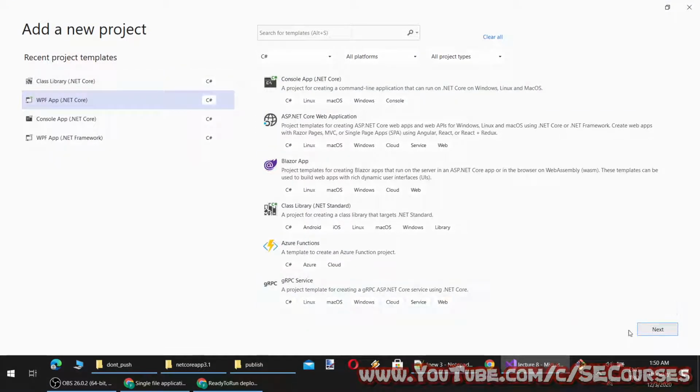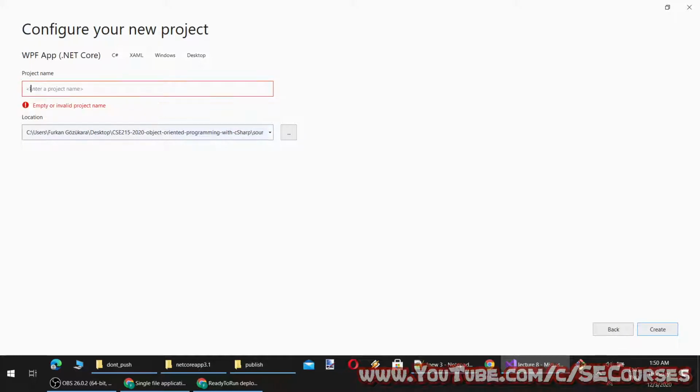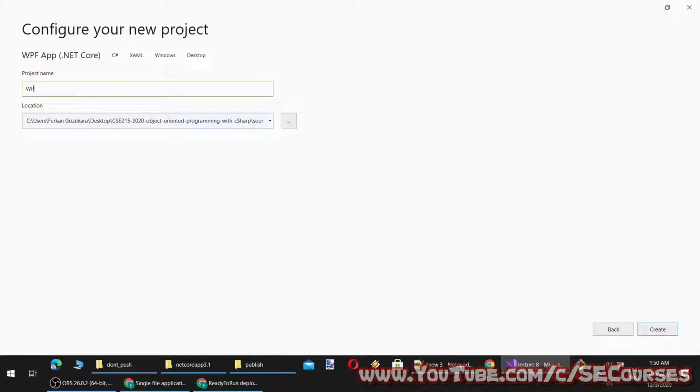Okay, WPF .NET Core, and I will name it WPF DLL example. Okay, let's name it like this. Let's create a project.